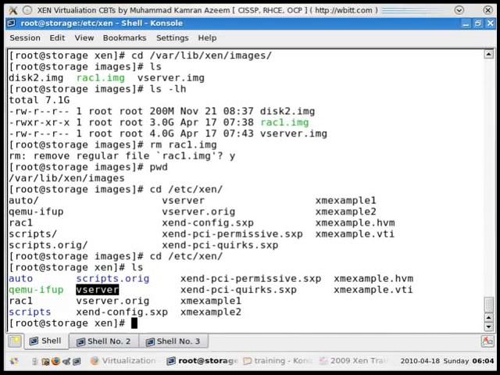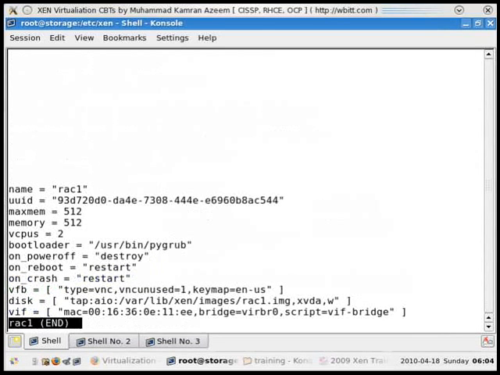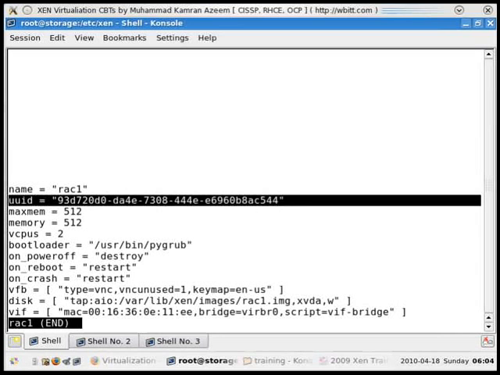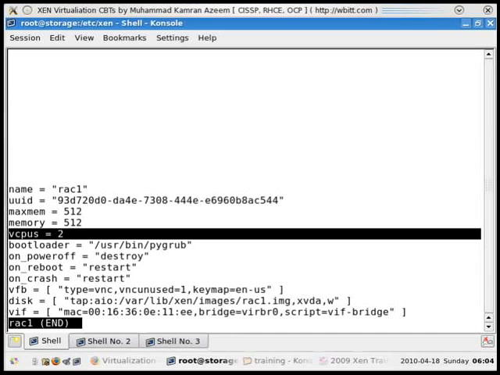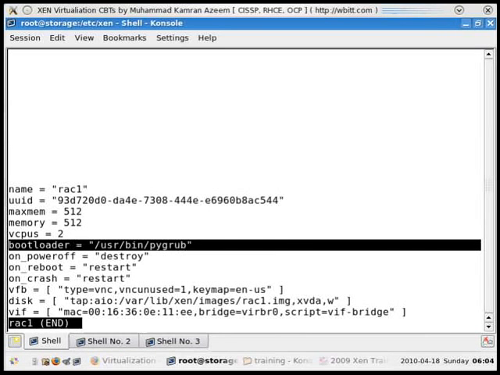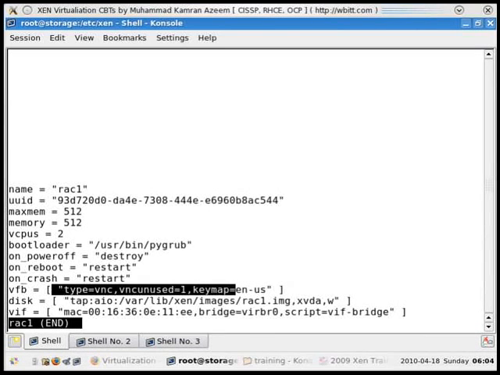Both are virtual machine config files, and I'll show you how a config file looks. Let's open rack1. Okay, so name of the machine, the UUID of the machine automatically generated by Xen, max memory, minimum memory, how many CPUs it is assigned, what is the bootloader, power on, power off, virtual frame buffer, that is the VGA,